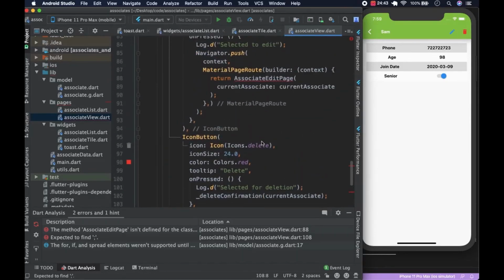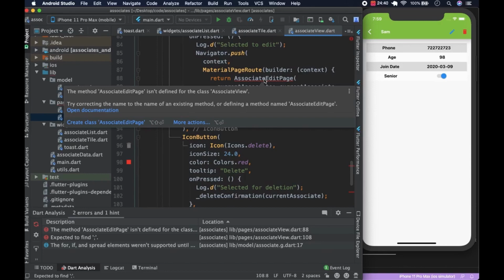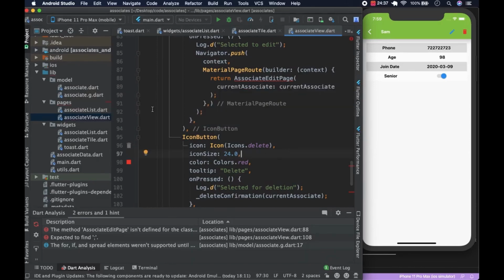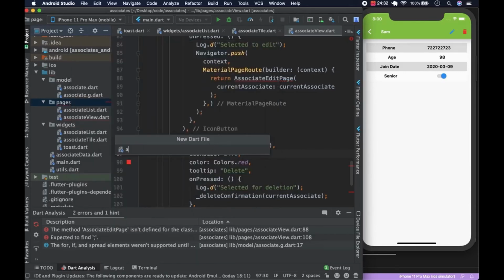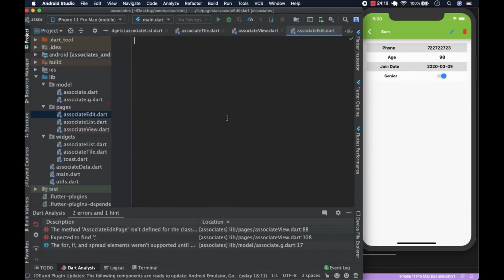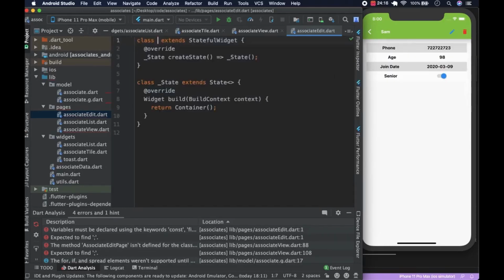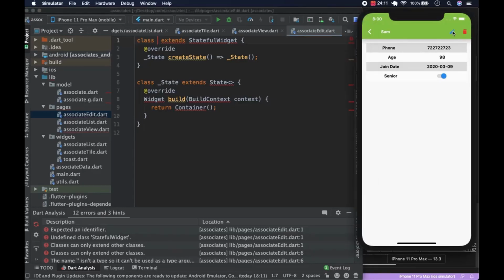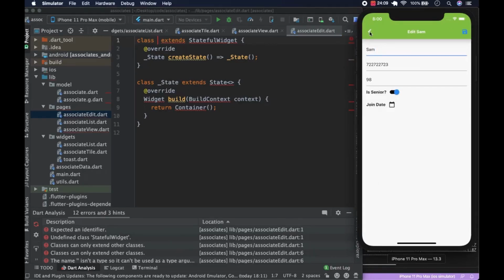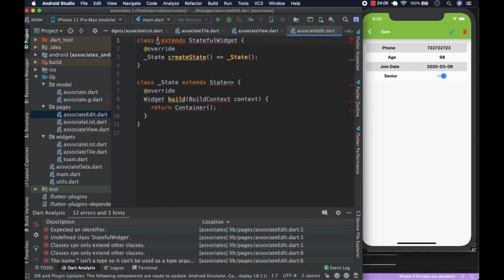So to get rid of this error, let's create a page called associate edit view. So we come here, we right click, and we create a new .dart file called associate edit like this, and hit enter, and this is going to be a stateful widget because we need to carry over the data, like the number. You see, like when you hit edit, you get the number and the details. So what we're going to say here is